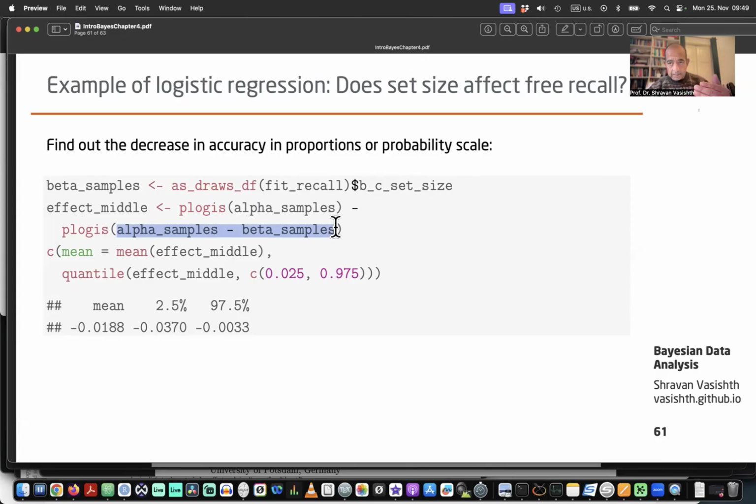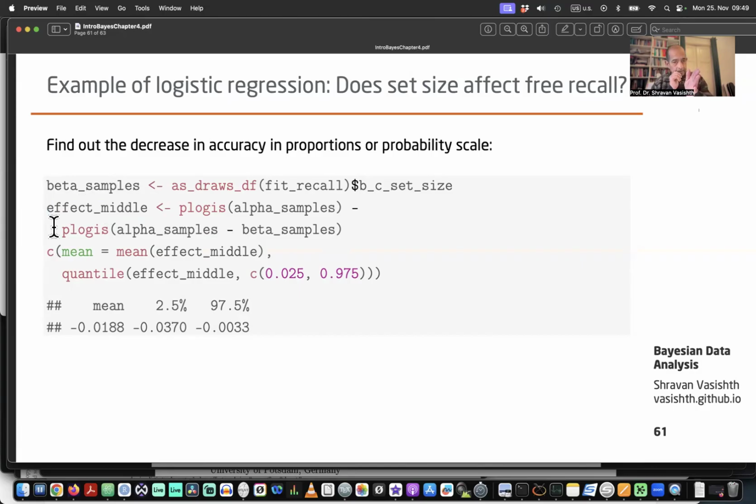So one less than the average set size. So that's what is called effect middle here, right? This is just an arbitrary phrase that's trying to express this idea that if you're talking about the center point, the mean of the set size, what is the change in accuracy when